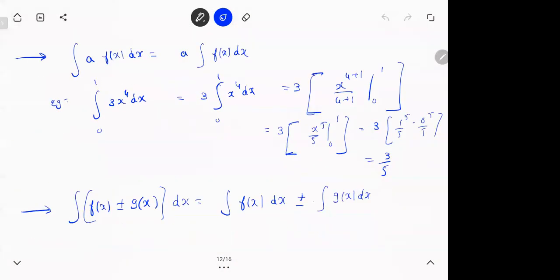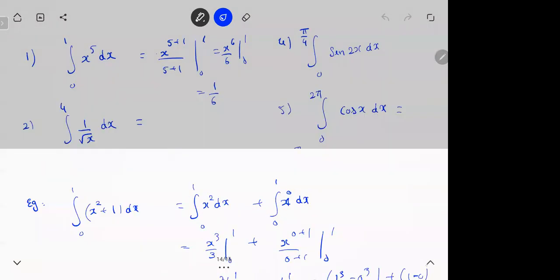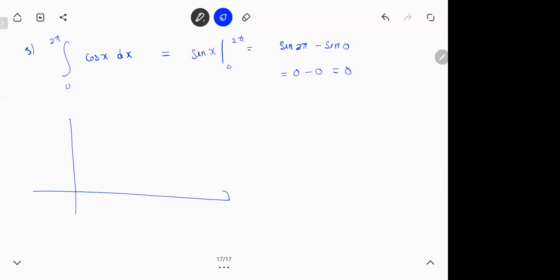The next one, cos x. We get sin x, limit 0 to pi, sin 2 pi minus sin 0. 2 pi is nothing but 360 degrees, which is actually 0. Why are you getting 0 here? The reason,